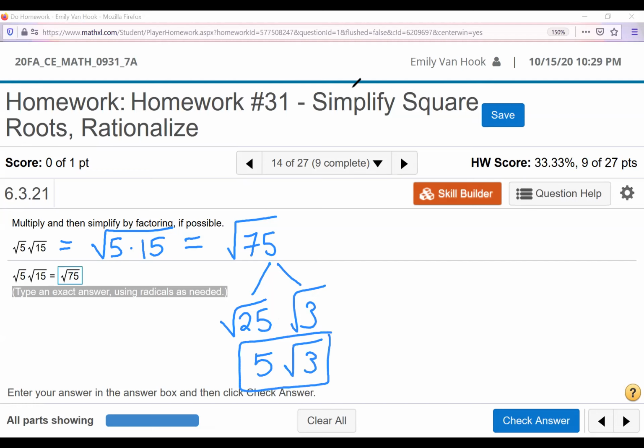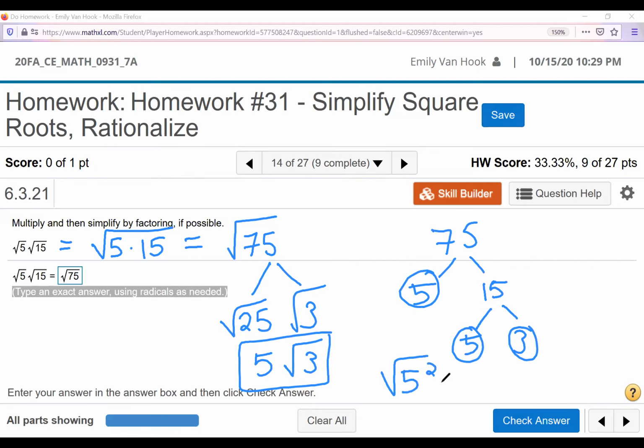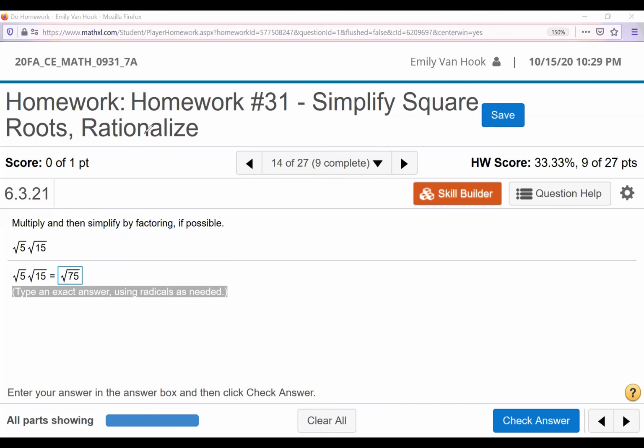Or maybe you can't think of that right away, okay? Maybe you don't know what goes into 75. That's okay, back up to the previous step. Remember how we got it in the first place? 5 times 15. So just go back to that, then break down the 15, that's 5 times 3, and there you go, you have your factors written out, 5 times 5 times 3. The 5 times 5, there's your 25, right? So the square root of 5 squared times the square root of 3 still gives you back the same answer. So the square root of 5 squared, that would just be 5 on the outside, and then the square root of 3. Okay, so let's type that answer in,